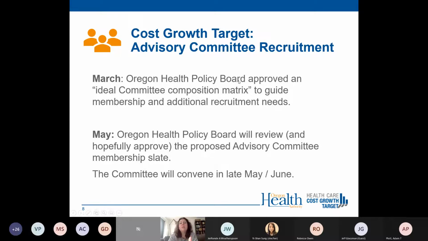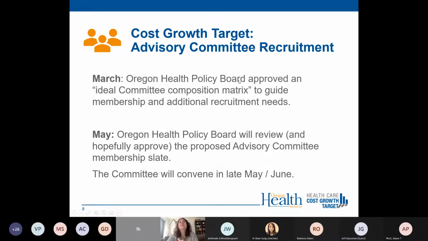We were looking at what the right representation would be for the new committee across a couple of different domains. We thought about sector, so healthcare industry, payers and providers, as well as non-industry representatives. We thought about demographic representation: race, ethnicity, age, sex, geography. And then we looked at experience, including lived experience. So what specific expertise are people bringing to the committee? We're looking for the right mix of folks across all of those domains.